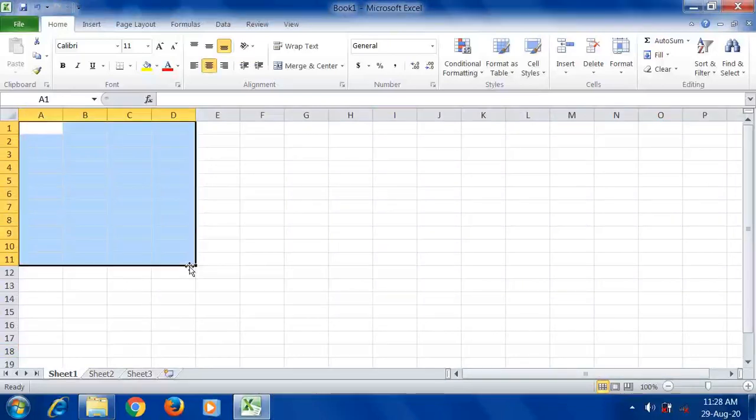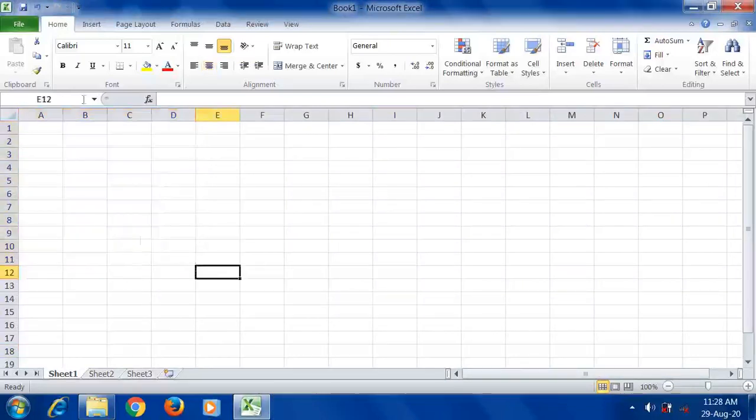Okay, so the next point is entering data. How can we enter data in this worksheet? Very simple. To enter any data in a worksheet, first you have to make that cell active. In the sense, you have to click in that cell from where you are going to begin. By default Sheet1 is selected, so from where you are going to begin, just keep the cursor and start typing.